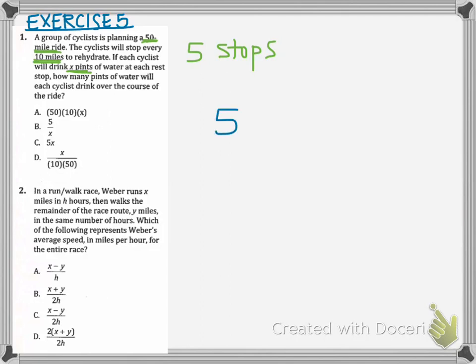They have 5 stops. At each stop, they're drinking X pints. So the expression that represents the number of pints they'll drink over the whole race or ride is 5x. The answer to this one is C. All right, number 2. In a run-walk race,